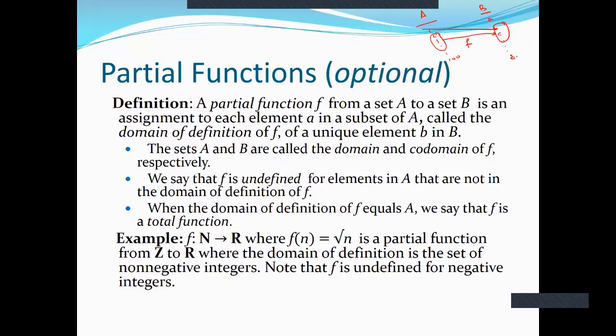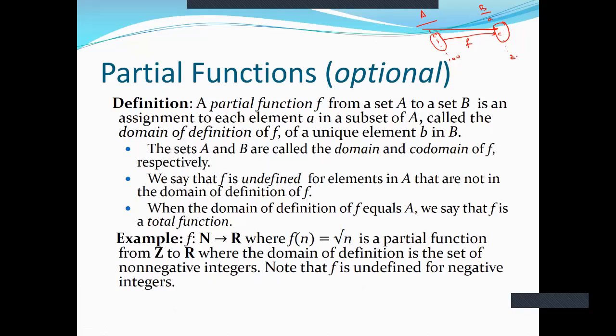Here is one example. f is a function that maps the natural numbers to the real numbers, such that f of n is equal to the square root of n. It is a partial function from Z to R where the domain of definition is the set of non-negative integers. Note that f is undefined for negative integers. So as discussed earlier,